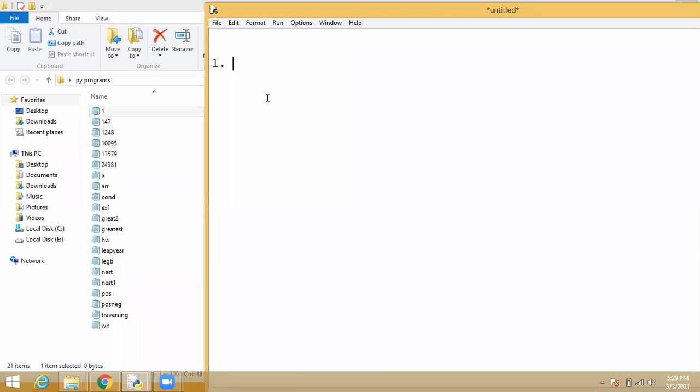The first one is write a program to display like this: 1 4 7 10 up to n. This is the first homework.